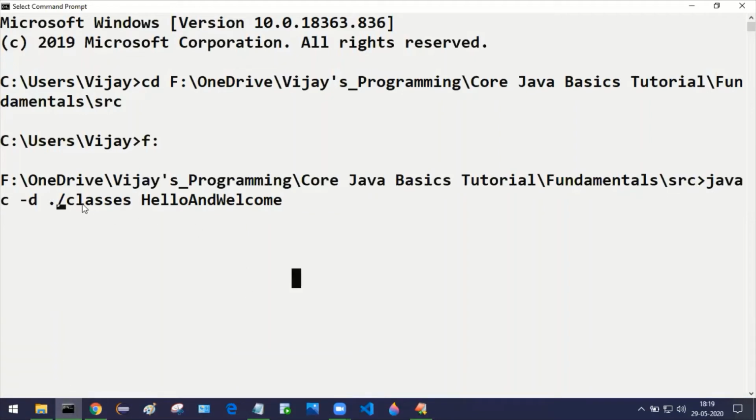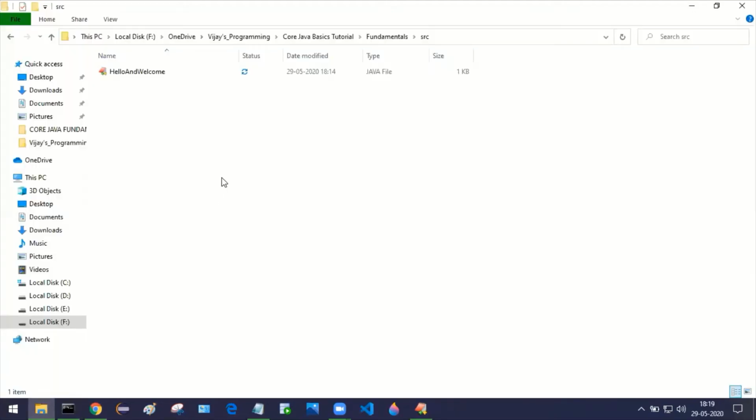Then we are saying that inside that directory there is a folder called classes. But as you can see here, there is no folder called classes inside the src folder. We have created that classes folder in the fundamentals directory, right?